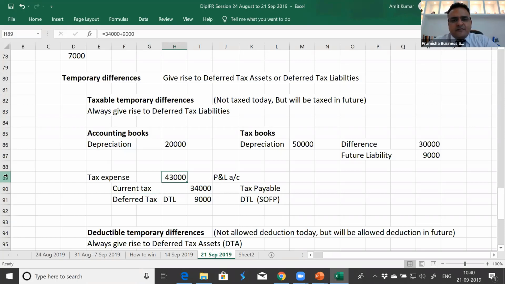What is better? That we remain accountants. We do not get bothered with what they are allowing as a deduction today, what they're not allowing as a deduction today but will allow in future. They're not taxing something today, but they'll be taxing in future. So taxable temporary differences and deductible temporary differences we need to account for in our accounting, and this is known as accounting for income taxes under IAS 12. This is what we need to do. We are simply here to account for income taxes. We are not here to compute income taxes. Is that clear? Hope most of the confusions are clear now.